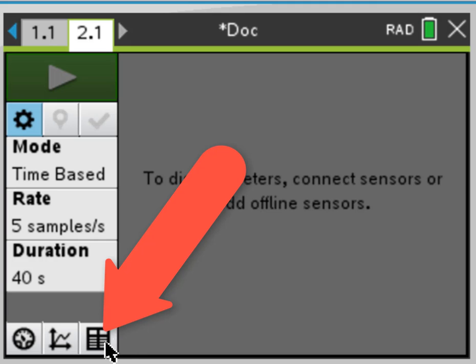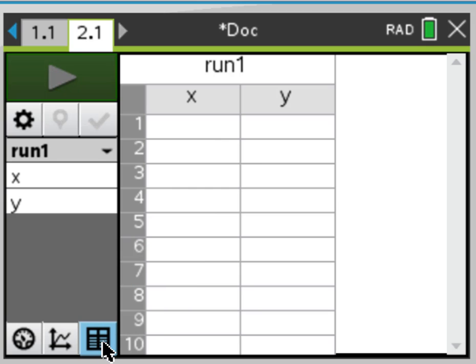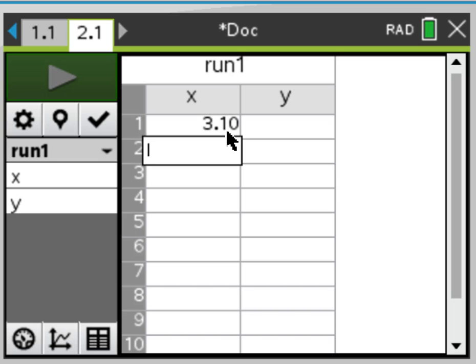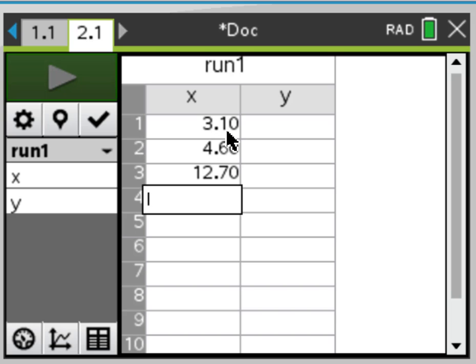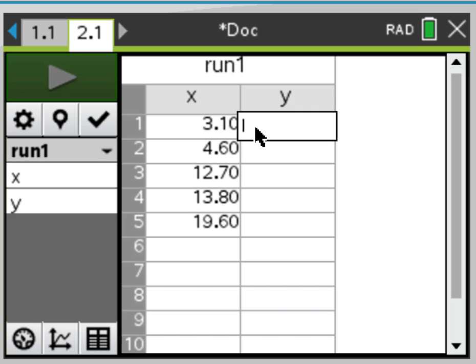And when I'm in here, I want to go down to the bottom where it says table view, and I'm going to enter my data in here. 3.1, 4.6, 12.7, 13.8, 19.6, and my Y values are